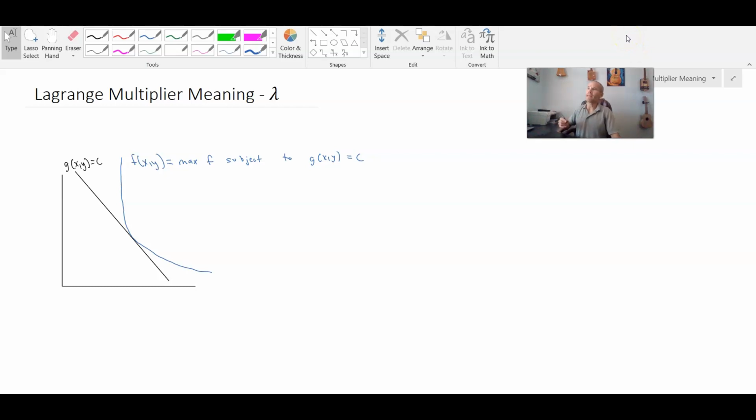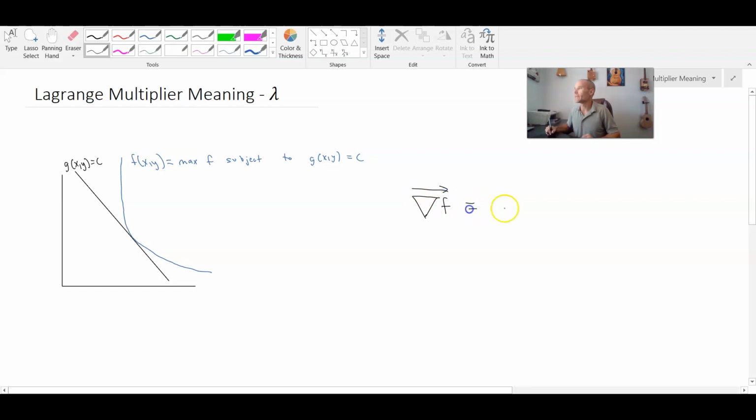In solving many of our optimization problems that are constrained, or perhaps unconstrained, where we just let the constraint function be 0 equals 0, which is always a true statement, we obtain a value of lambda in solving our two equations. Now, as just a recap, in order to solve an optimization problem that is constrained, we are looking for